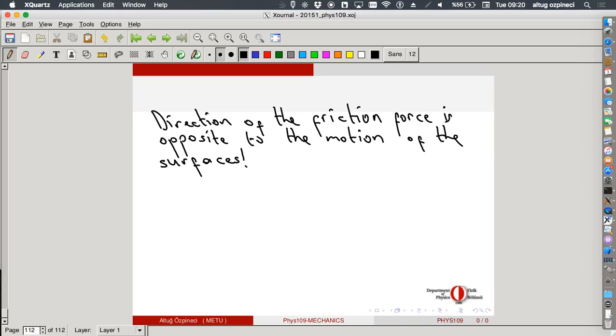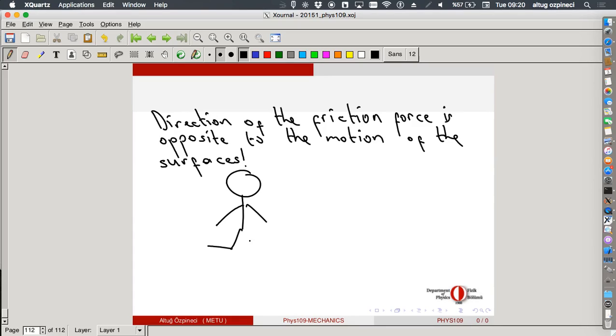So the motion of the surface that is creating the friction force is not in the forward direction, it is in the backward direction. And since the surface is trying to move in the backward direction, the friction force is acting in the forward direction, causing my body to accelerate in the forward direction. So remember, this normal force and the friction force are always surface forces. They only depend on the properties and the forces acting on the surface. So the direction of the friction force always tries to prevent the relative motion of the surfaces. When you are walking, the relative motion, if this is you,